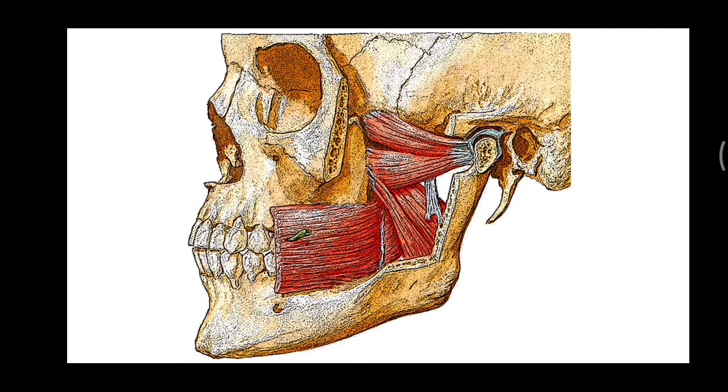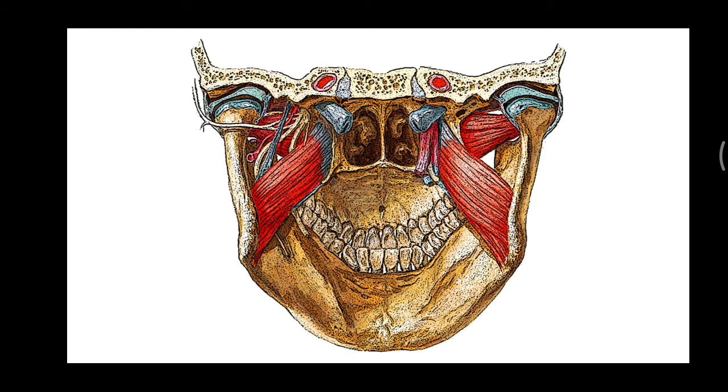In order to see the origin of the deep head clearly, we are going to look at the skull from the posterior aspect. Here it is. This is the medial pterygoid plate. This will be the pterygoid hamulus, and here is the deep head of the medial pterygoid muscle. So as you know, the lateral pterygoid plate will be present over this region next to the muscle. So the deep head arises from the medial surface of the lateral pterygoid plate that you have seen in the